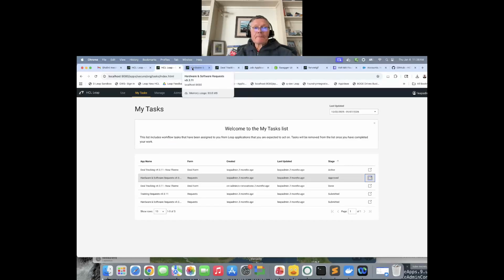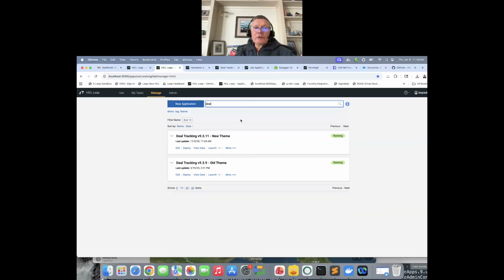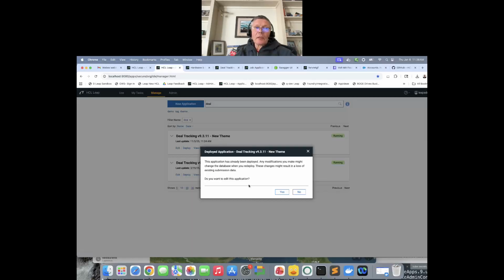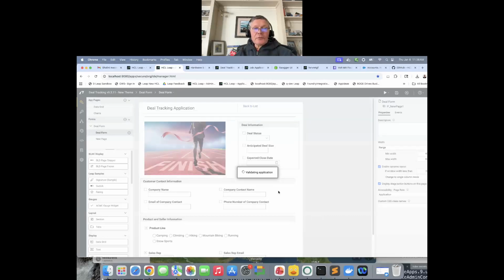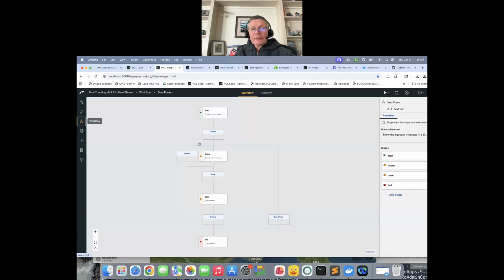Well, let's go into manage, and let's go find one of those, the deal form. So we'll pick that up. And I'm going to come over here to edit, and we see the form, and we'll go over to workflow. So these are the different workflow stages. So I've got it's submitted, it's active, it can be updated, it's done. Looks like it can be reactivated. So in these stages here, post submit,